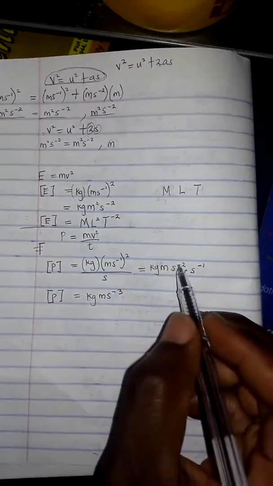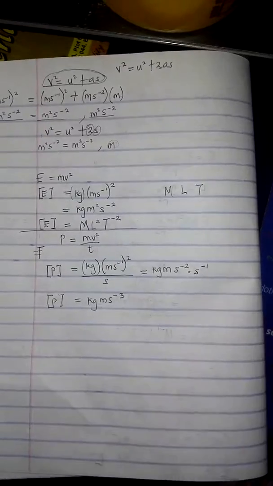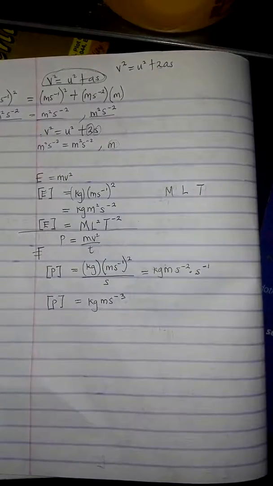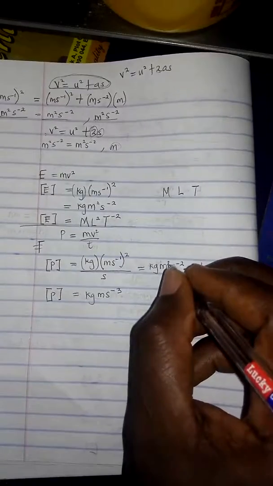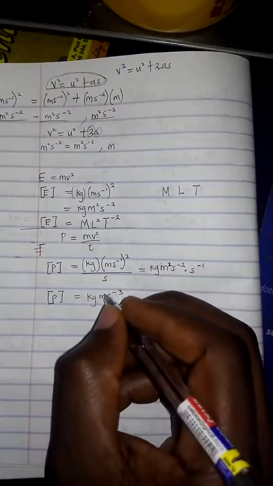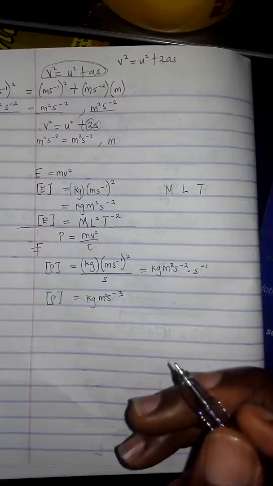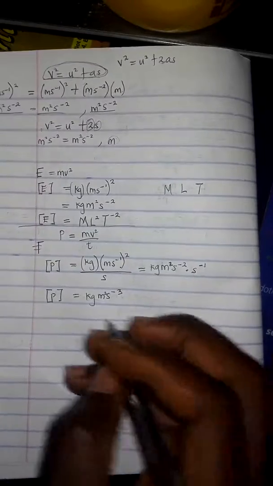This is minus 2 plus minus 1, which is minus 3. Sorry, m here is going to be squared also, so this is going to be m squared. Alright, so this is m squared. So from here I can now write the